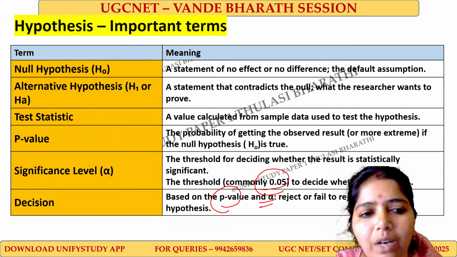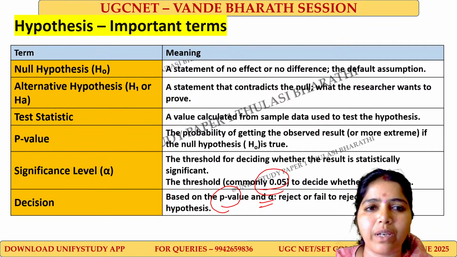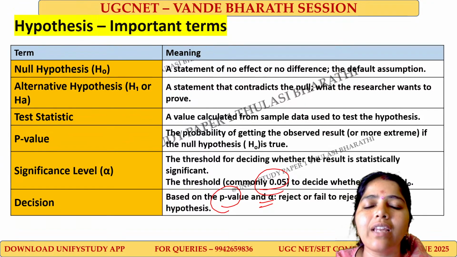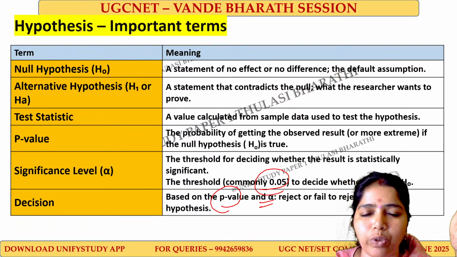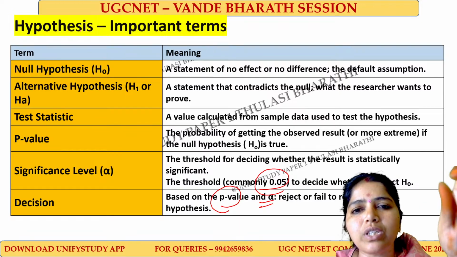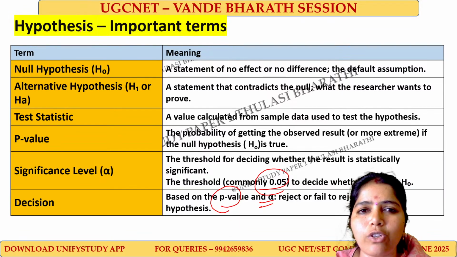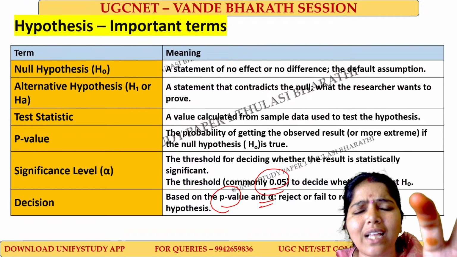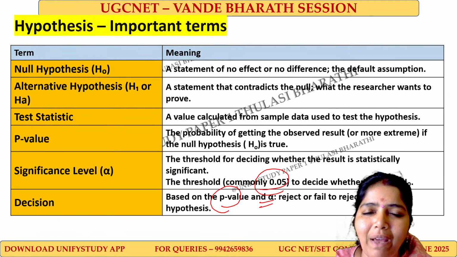These are the important terms. Hypothesis is a tentative statement, of two types: null or alternative. The researcher always would like to reject the null hypothesis and accept the alternative hypothesis, because the null hypothesis says there is no significant difference between the two variables, but the alternative says there is a difference, because we always want to say that something is different compared with before.